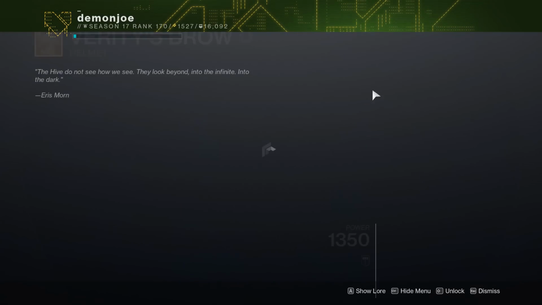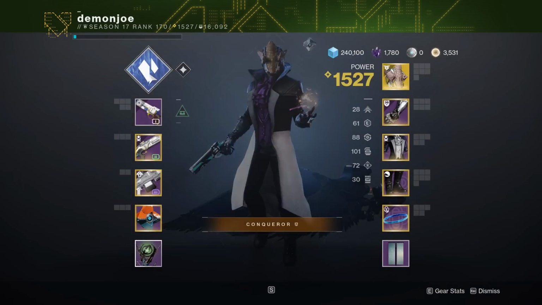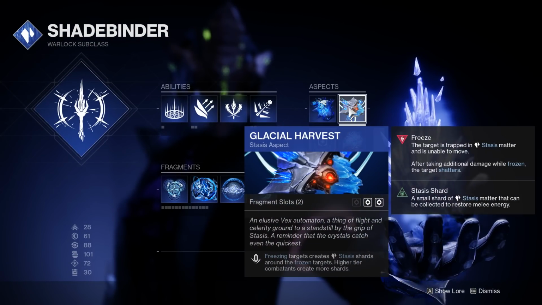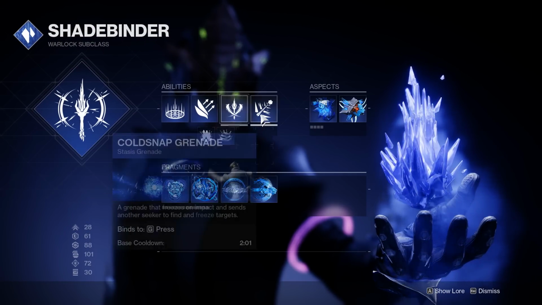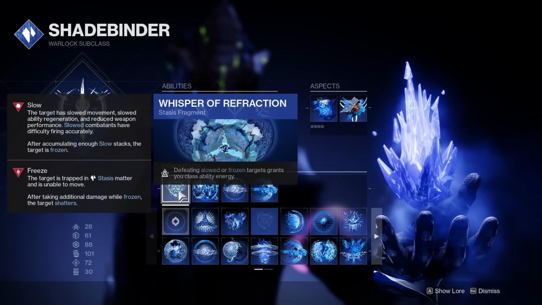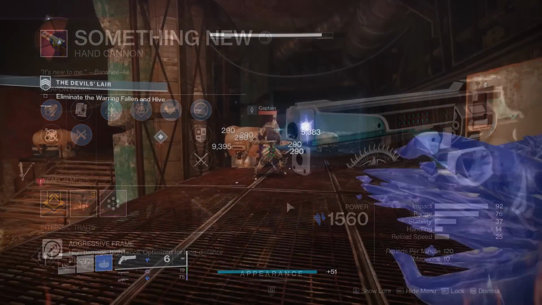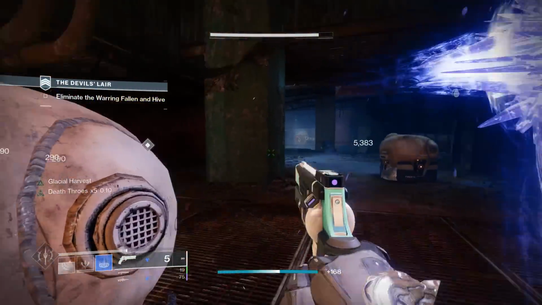Weave all this together with Something New as your exotic, and you're going to be sitting pretty. Something New's unique perk roll really makes it one of, if not the best weapon to bring together the ultimate add clear crowd controlled necromancy build in Destiny 2 right now. It's a bit of a double-edged sword, however, because I feel that this hand cannon can only shine in that